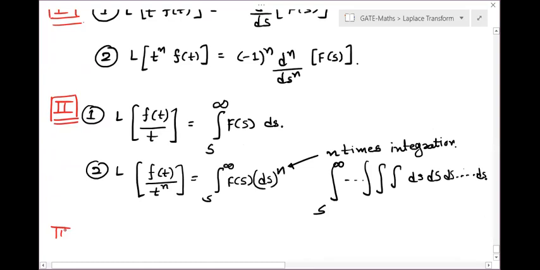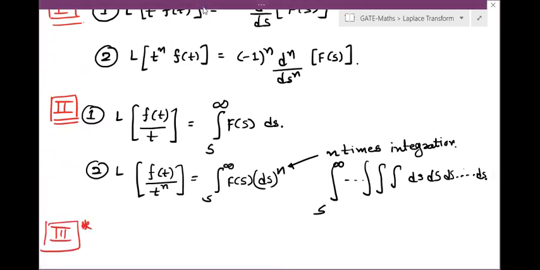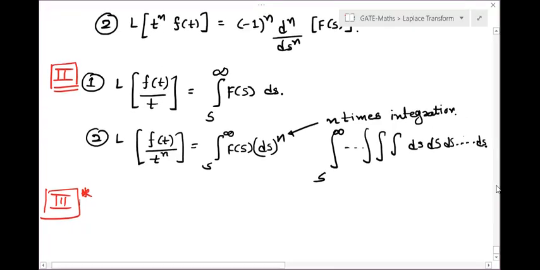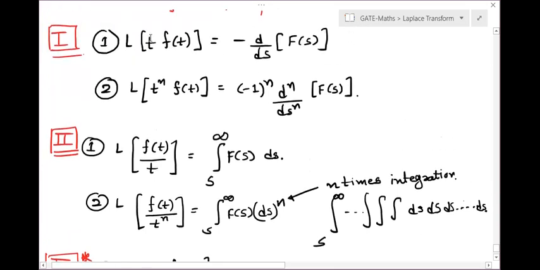So let us see that. Your third property, we are going to differentiate inside, and in the fourth property, we are going to integrate inside. See over here, your third property: Laplace of f dash t. F dash means you are finding its derivative. F dash is your symbol of differentiation. F dash means d by dt of f of t. So Laplace of f dash t. Here, when we were multiplying with t inside, outside we were getting differentiation of the function.